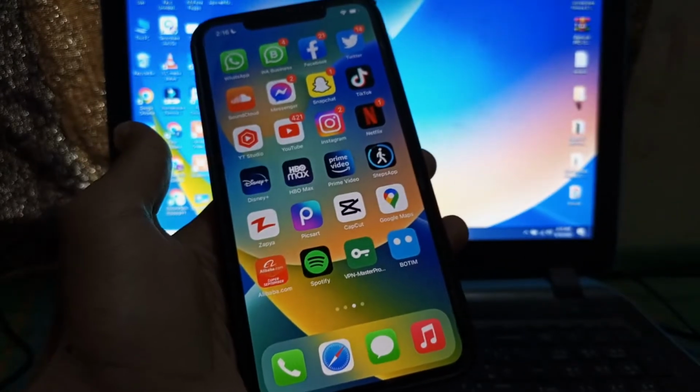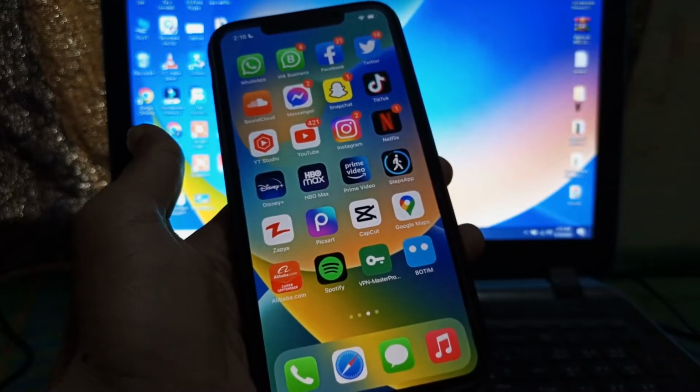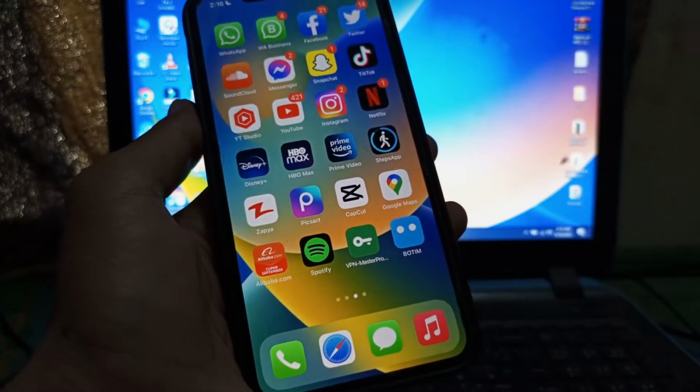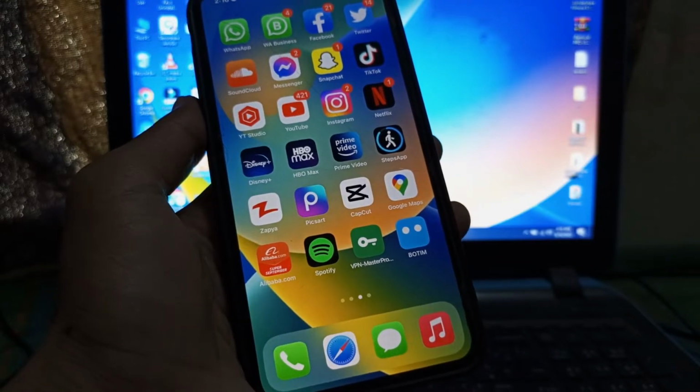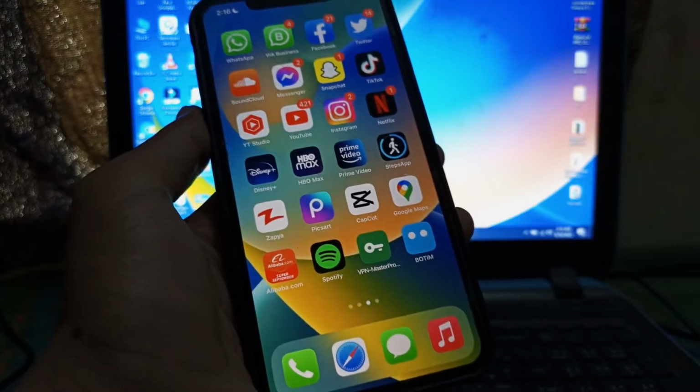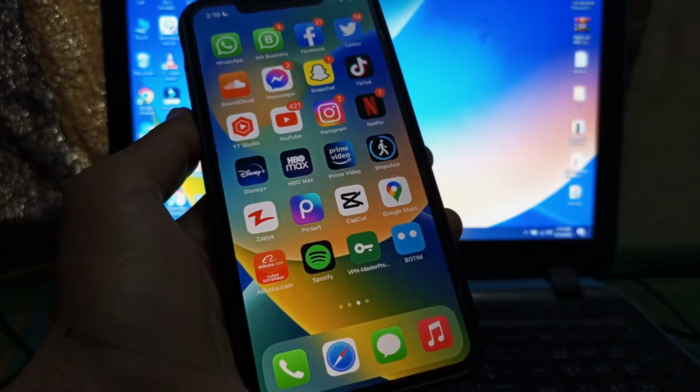So guys, in this video I'm going to show you how you can recover deleted Snapchat memories or snaps on your iPhone. So let's get started with the video without wasting any time. I'm going to show you guys how you can recover permanently deleted Snapchat stories on your Snapchat on